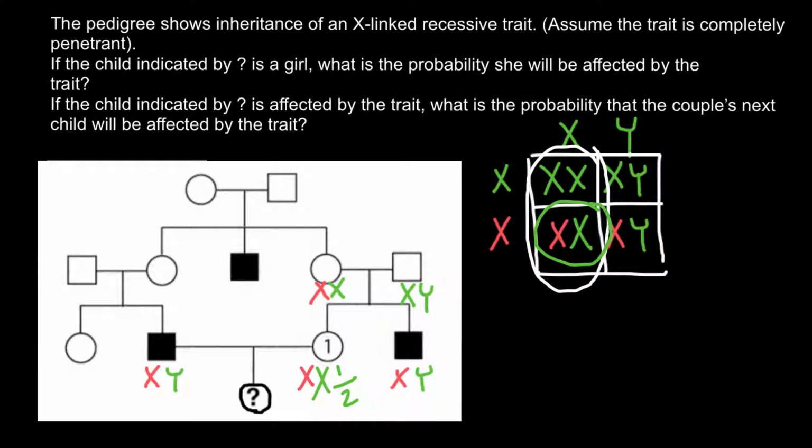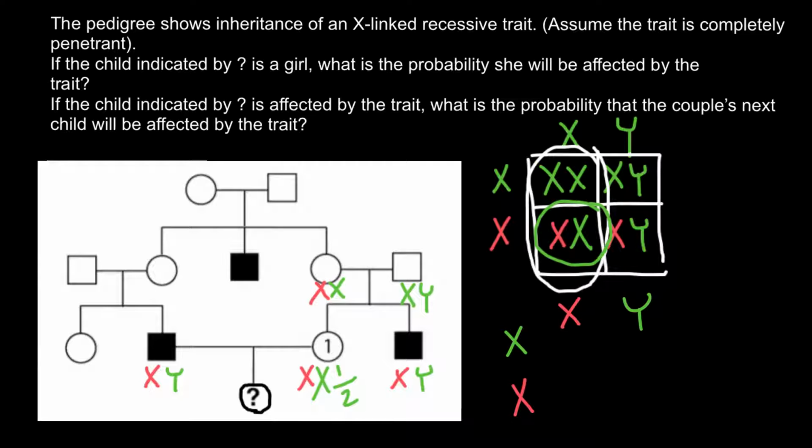So now, in order to find the probability for the female child to be affected with this genetic disorder, once again we have to build a Punnett square. This time these are going to be our parents. The male has a defective X chromosome and a normal Y chromosome, and the mother has one normal X chromosome and one defective